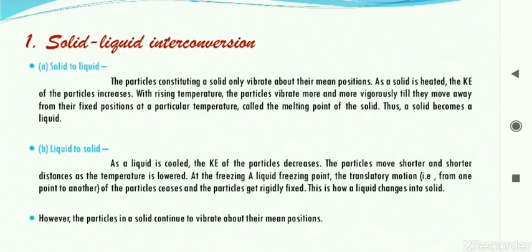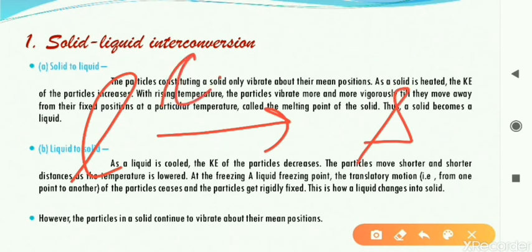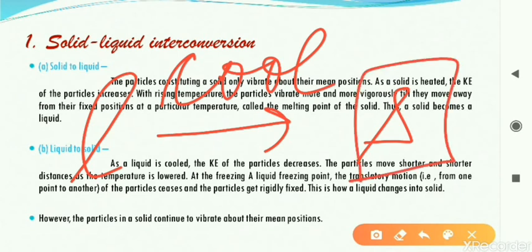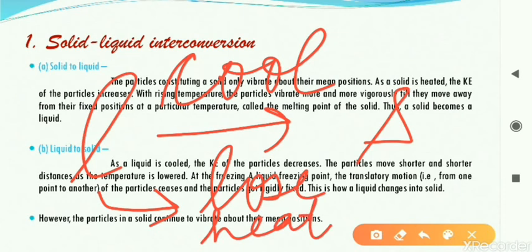Now the opposite of this: if we have to change liquid to solid, then we have to cool it. What we have to do is cooling. On heating, what was happening? On heating, solid molecules were getting heat, but on cooling, the opposite will happen. What is that opposite? The molecules in the liquid will start losing heat. They will lose heat. Heat will come outside of that water or the liquid molecules.